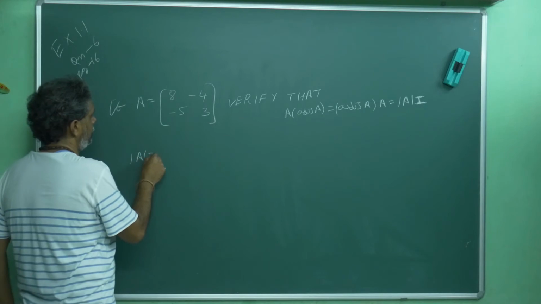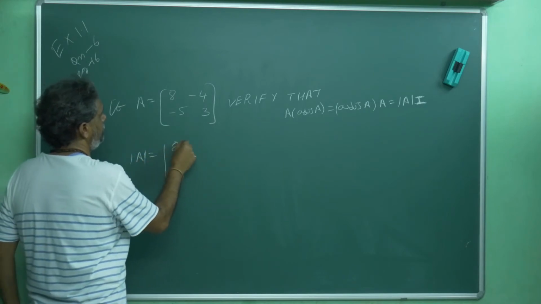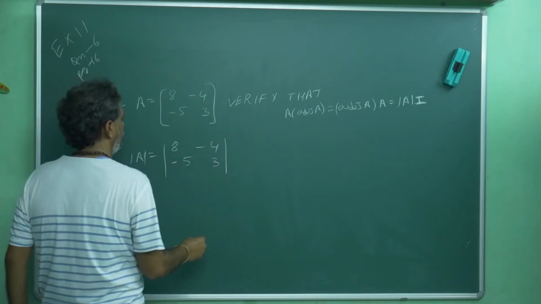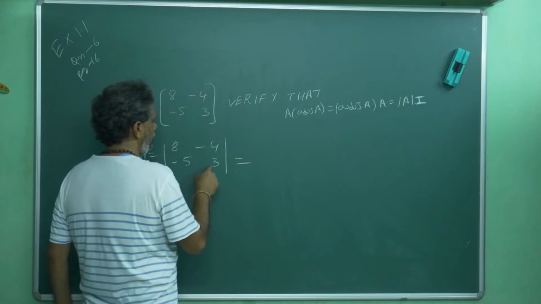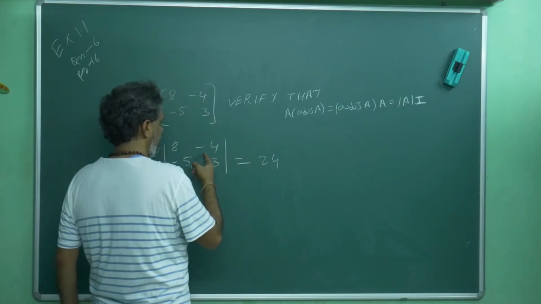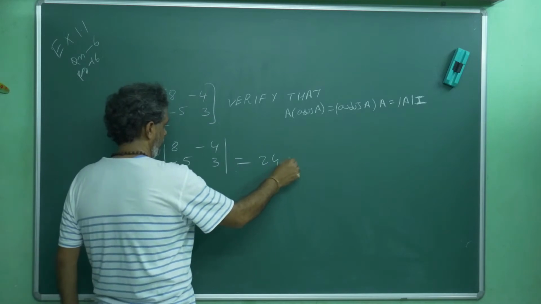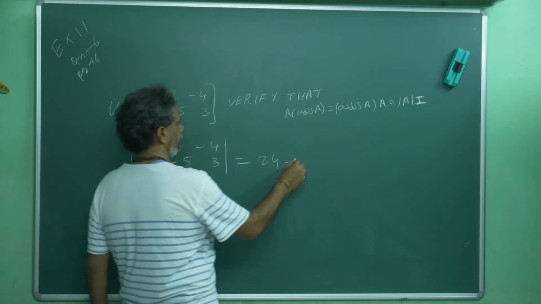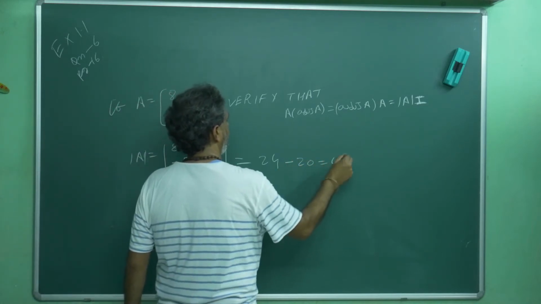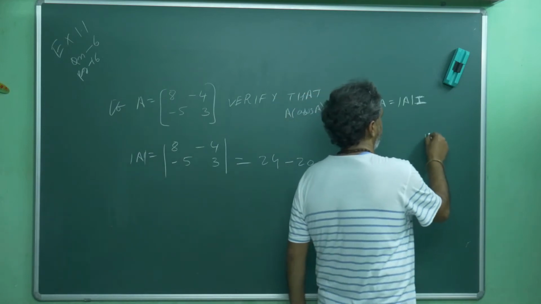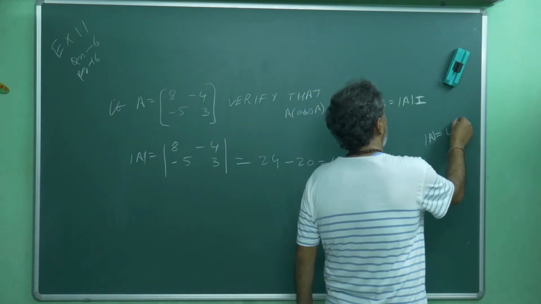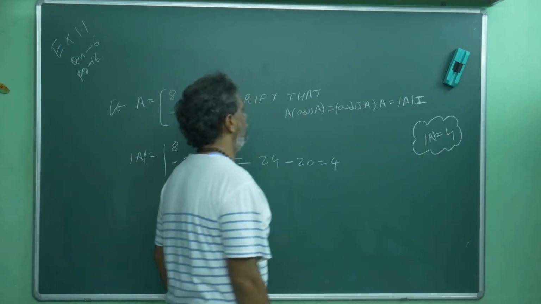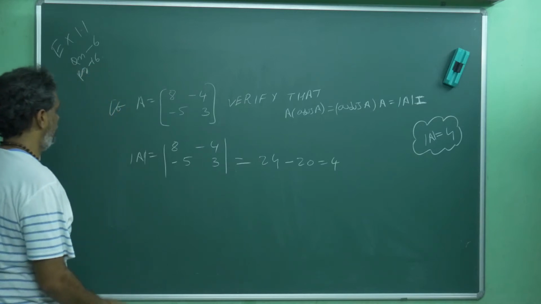Now, determinant of A is equal to what you will get. First prepare it and keep it to one side. A is [8, -4; -5, 3]. So this is equal to 8 into 3, 24, minus... already how many minuses are there? The formula has 1 minus, and here 2 minuses, totally 3 minuses. So 24 minus 20. Keep it to one side. Determinant of A is equal to 4. Okay.